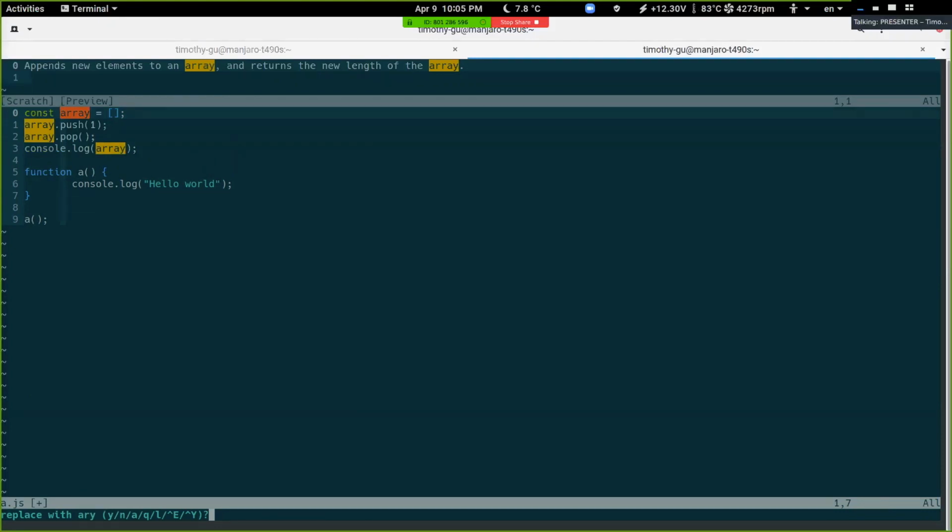Let's just say I want to change the array variable only for the push and the console.log, but not change the pop. So I can do that very easily right here. I can also undo and redo. I know you haven't learned redo yet, but you will soon, hopefully. And yeah, so